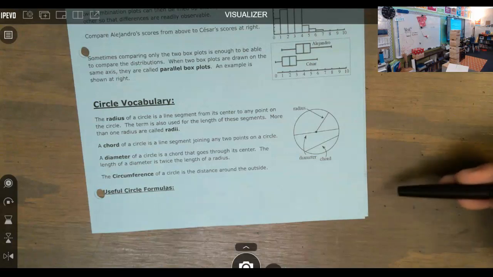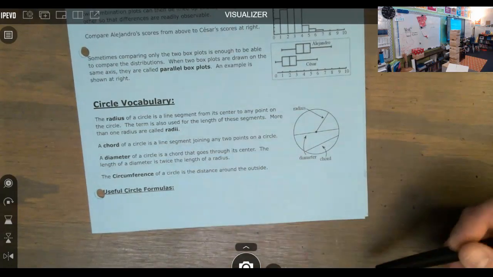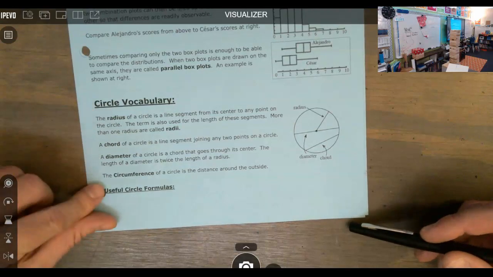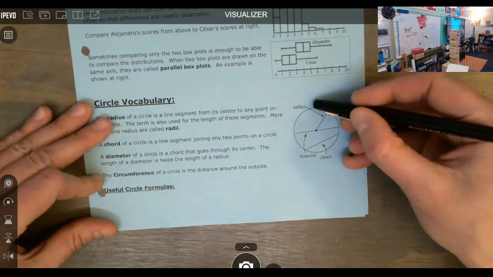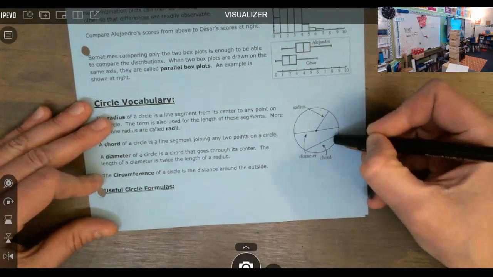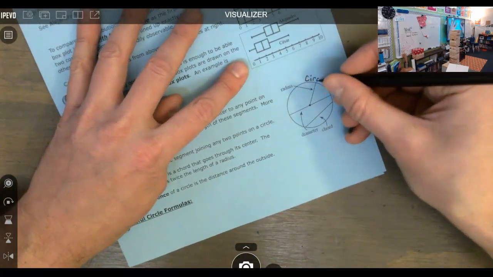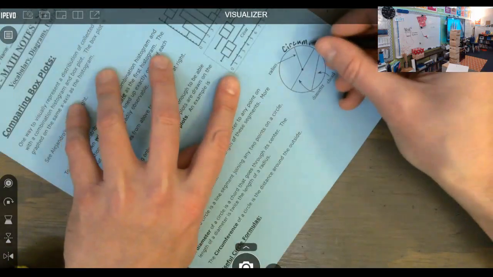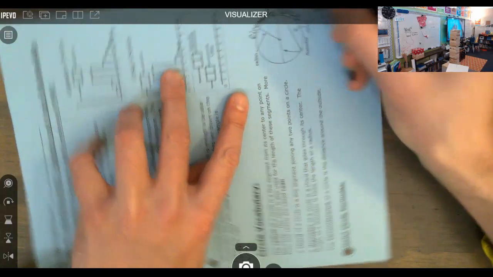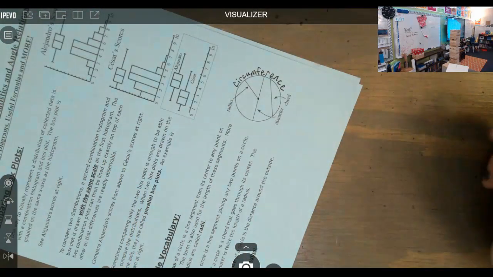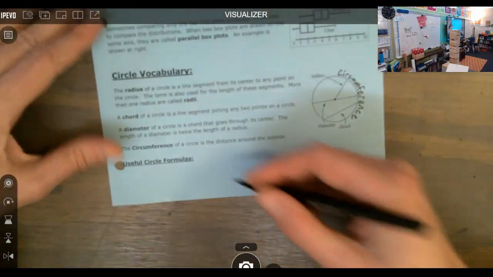And now that we're getting into circles, you've either looked these up or you haven't been able to accurately solve these problems. So this goes through telling us all of the different vocab words, but circumference is a little hard to show in the notes. If you really want to try to give yourself a way to remember this, circumference is the distance around. But if we want to try to calculate what the circumference is,